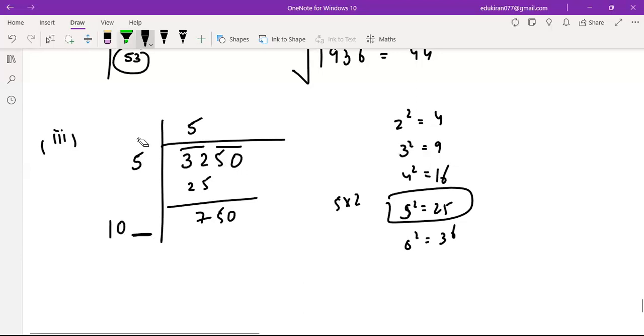Right. Now, what you are supposed to do is, you have to fill in the blank. So it's like if you